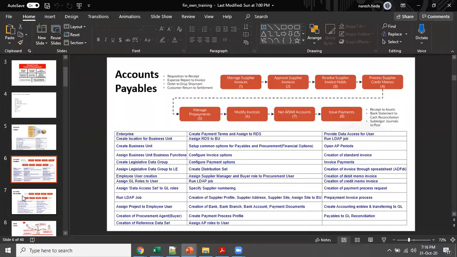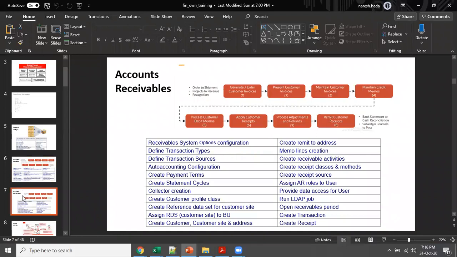And after payables, since we have our own business unit created, we won't be creating any new business unit, because we want to use the same business unit for receivables as well. So in receivables, there are some technical concepts like what are transaction types, transaction sources, payment terms, statement cycles. Although they look straightforward in the PPT, we need to know conceptually how the business uses it, how the statement cycles come into the picture. So whenever we go to the setups, we would be covering the concepts as well.